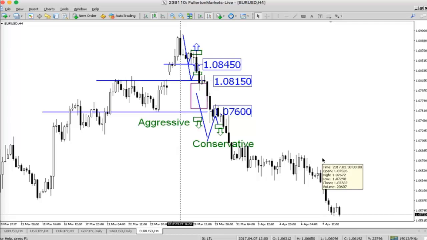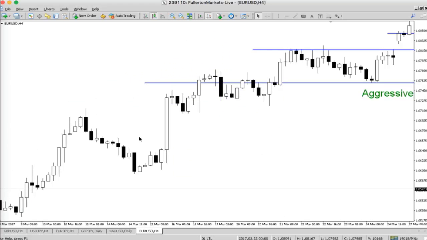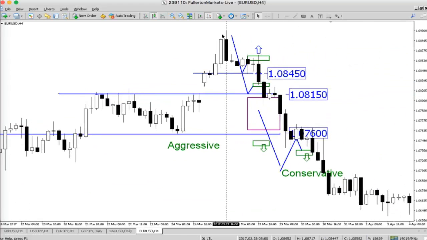Finally, we have seen the Euro Dollar chart. This is an H4 chart. The vertical line is the time of the webinar. So again, I'm going to zoom in. The first criteria I want to see is if the price goes near to